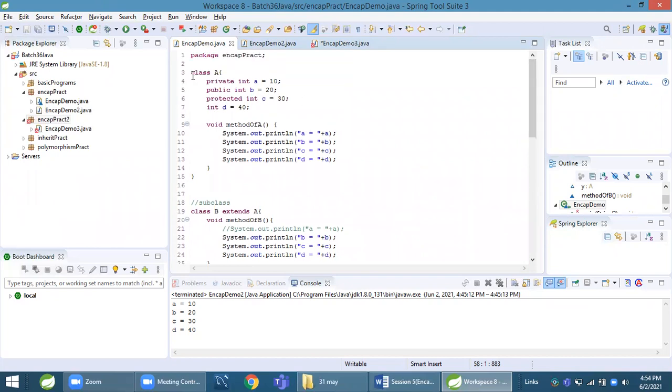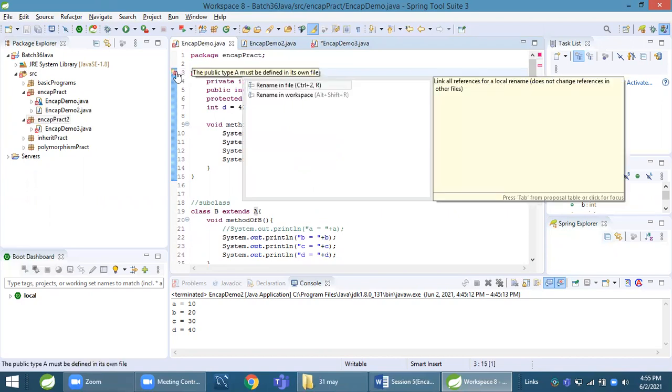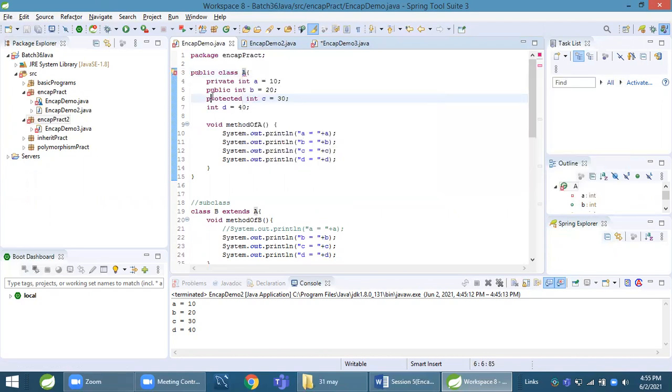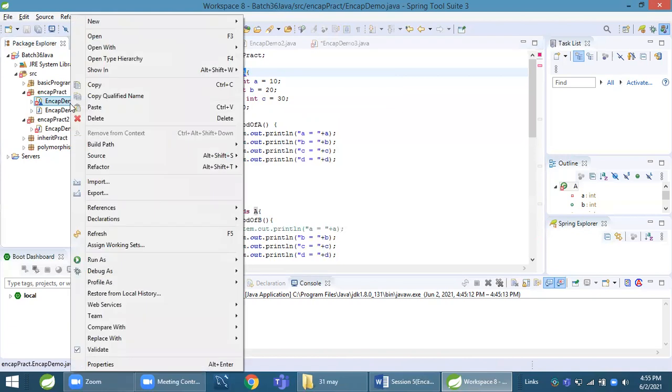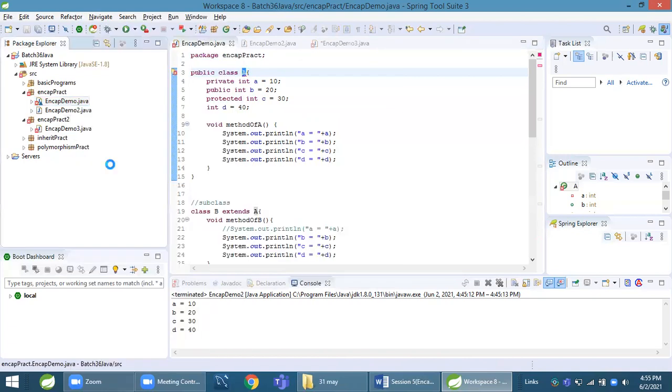And if I do this public, then the class which is public, file name should be same name like this class. If I give name A to encap demo, then see what happens.